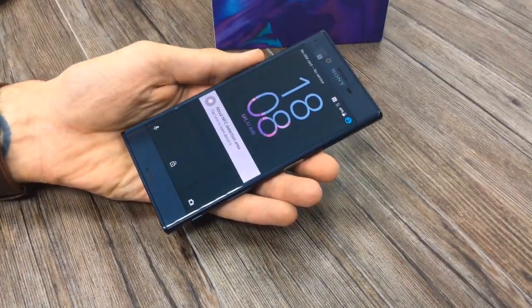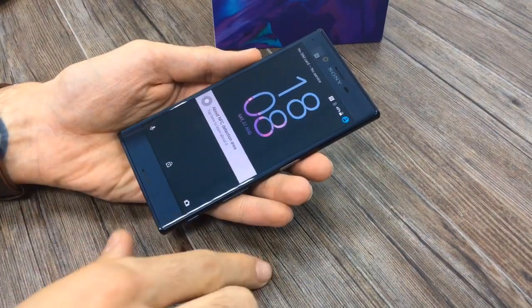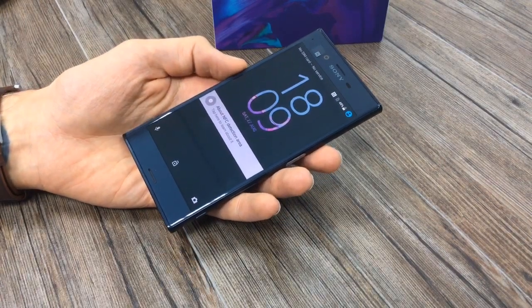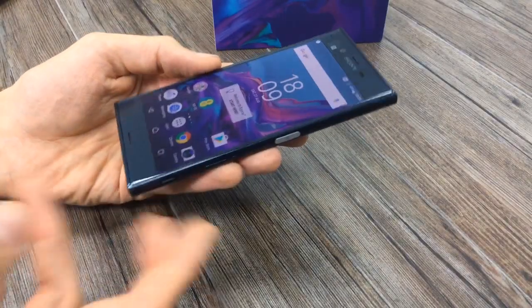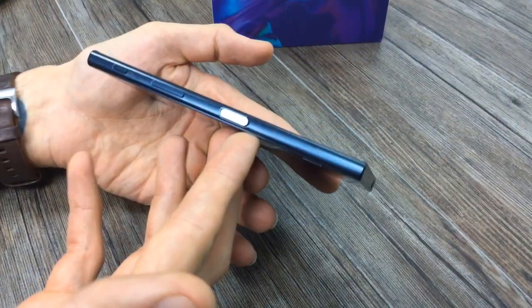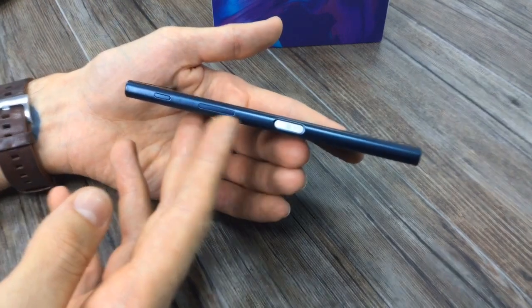So what we can see is the screen, 5.2 inches, full HD resolution, 424 odd pixels per inch. It's an IPS display, capacitive panel, obviously. Full HD resolution is decent but not industry leading, but the screen itself, the actual quality, looks fundamentally better than any screen before it from Sony. That's on first impression. You can see on the right hand side you've got a fingerprint scanner, a volume rocker,